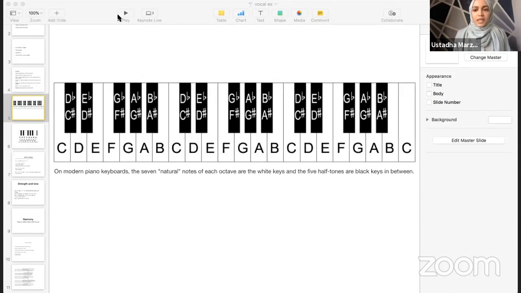So on a piano or a keyboard, we have 7 natural notes, which are the white keys. If you can see my arrow pointing to the white keys, these are known as natural notes. And then you have these black keys, which are known as half tones, and they are called sharps or flats. The hashtag here that you can see is known as a sharp, and that little B symbol is known